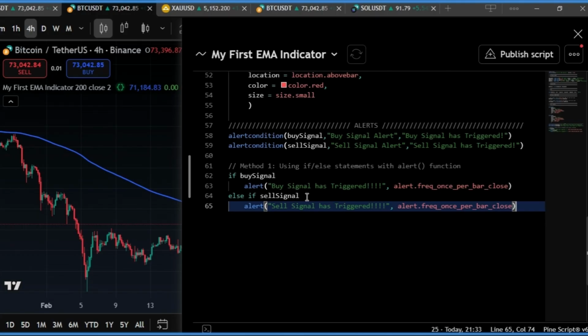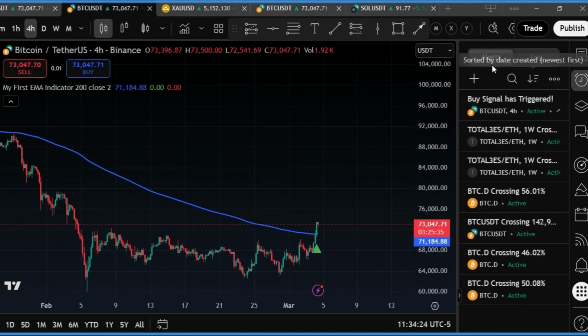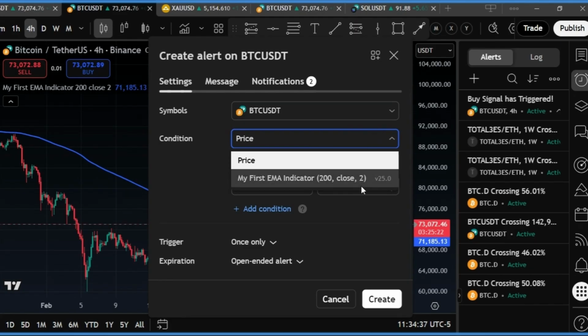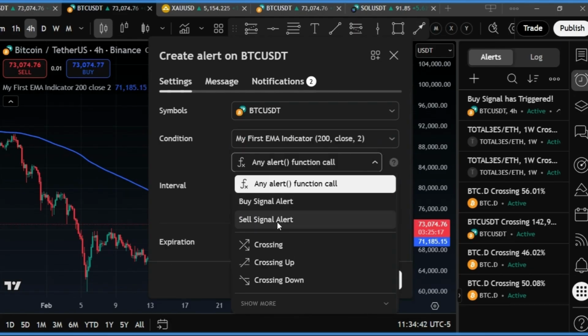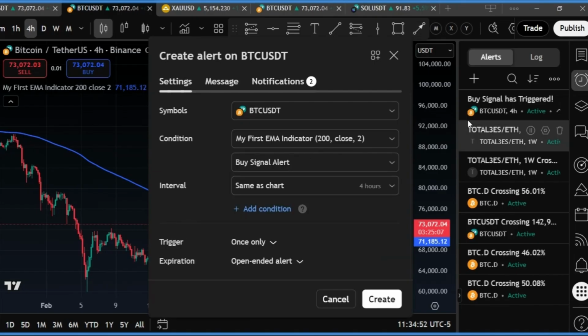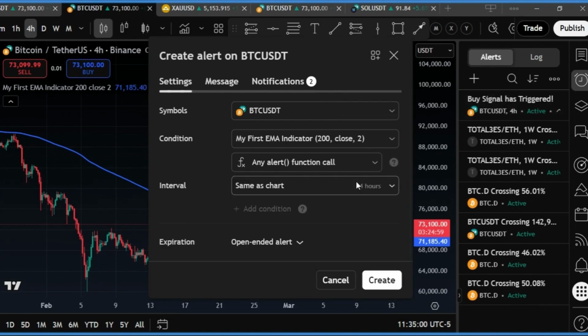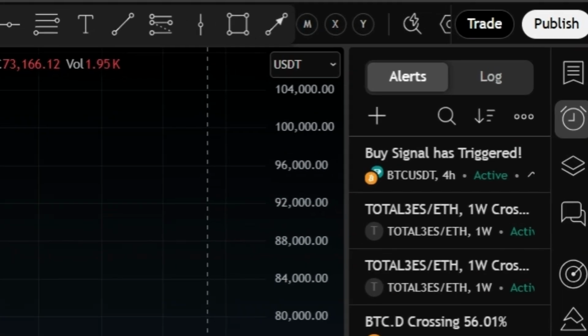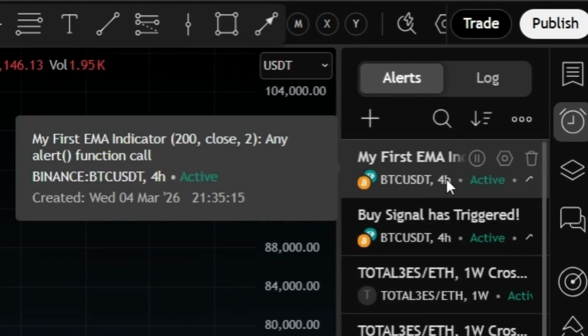Why this is important is because once you have too many conditions within one code and you want to add alerts for all the conditions, it's better to use the if-else condition than making individual alert conditions for each condition. So if you have a buy or sell signal alert within one code, it is easier for me to add two alerts into TradingView. But if I have multiple conditions like buy signal, sell exit, buy exit, it's better for me to use any alert function call. So this is an all-in-one solution. So once I create the alert, it will appear here